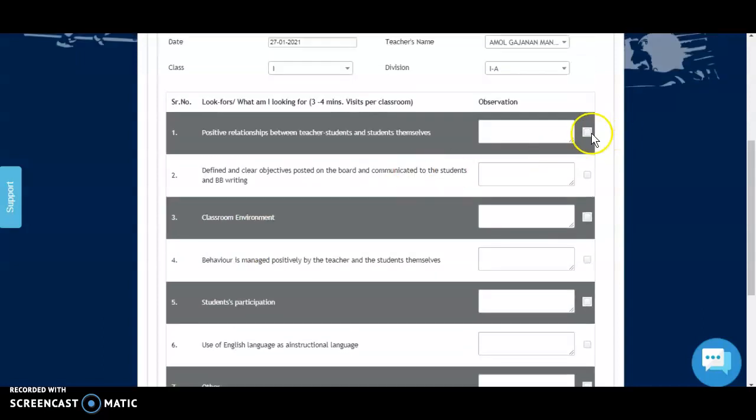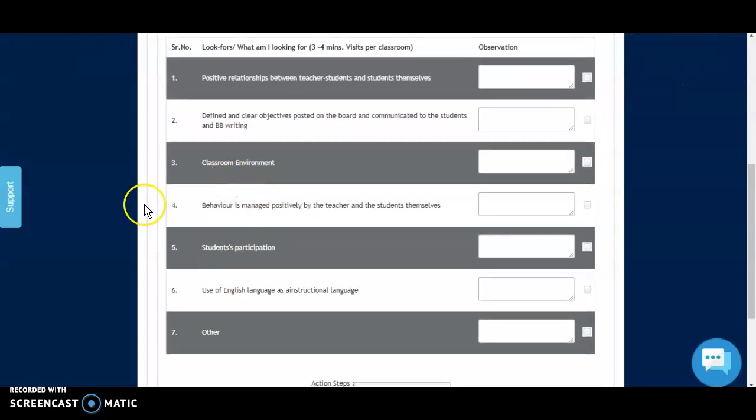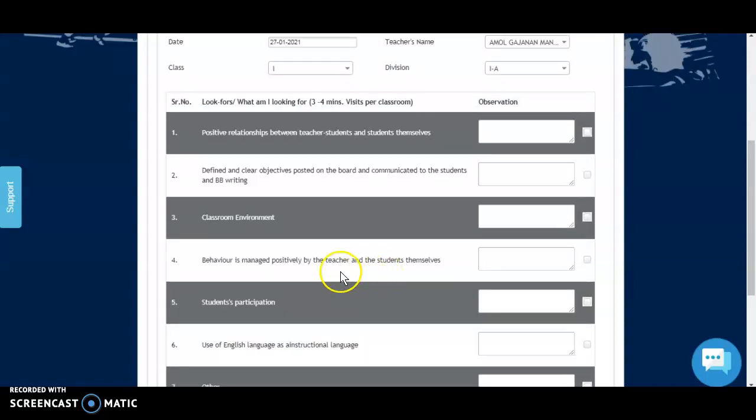Again, you can select the indicator and write your observation. So we have different parameters for the classroom walkthrough, like behavior, how the behavior is managed by the teacher, how the students are participating, whether English is used as an instructional language, how the classrooms are maintained, whether they're clean, and whether the classroom environment is positive or not.